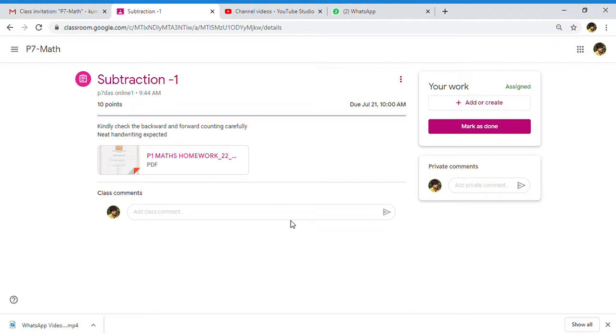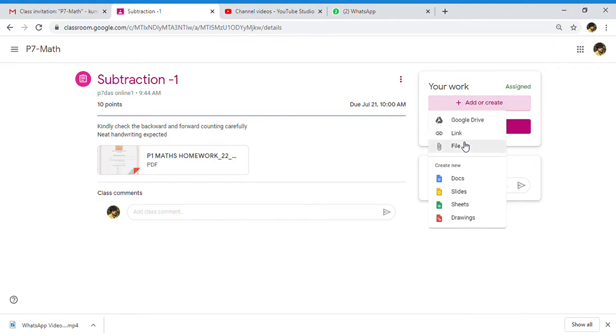Like you click a picture for sending WhatsApp messages, you click a picture, or you can scan it if you have a scanner at home. Clicking a picture is okay as long as you click a neat picture of the notebook page where the homework has been done. Once you have clicked the picture, you can add or create, then attach the file like you do in WhatsApp. If you are using a computer, laptop or desktop, you can have a folder made. If you have a mobile that you are using, no problem, that also is okay, because you know how to take the picture of the assignment.